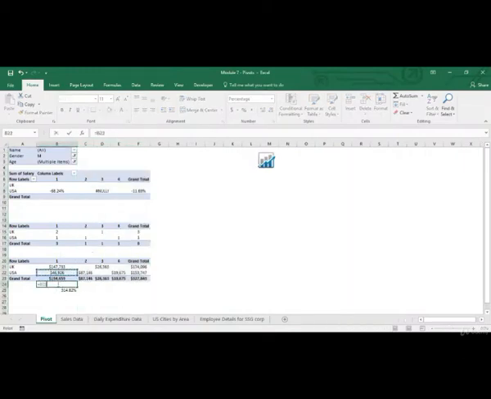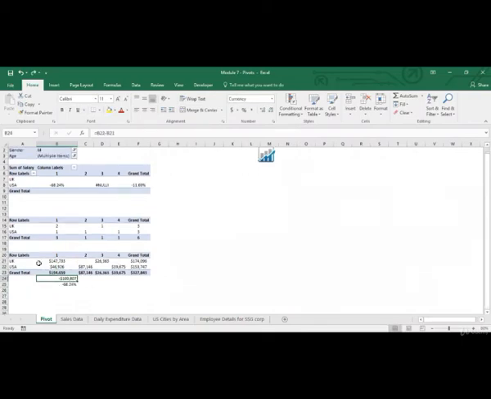When we subtract 147k from 46k, we get minus 100k, something we were getting earlier also. And then we calculate this divided by this. So we are getting 68.24%. So basically, because UK is the base item over here, it is subtracting the base item from this, and then it is dividing the difference with the base item.